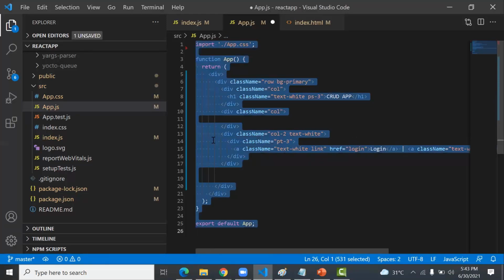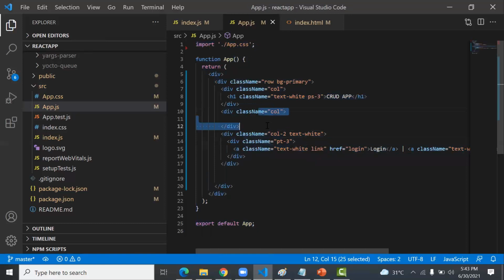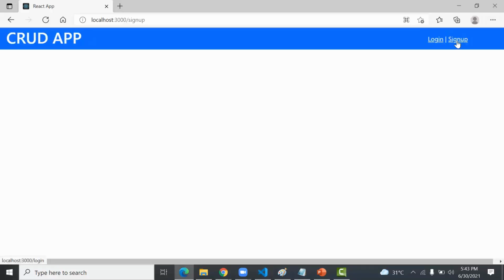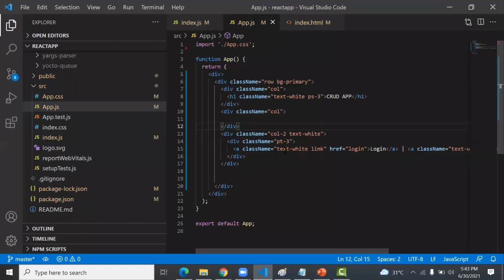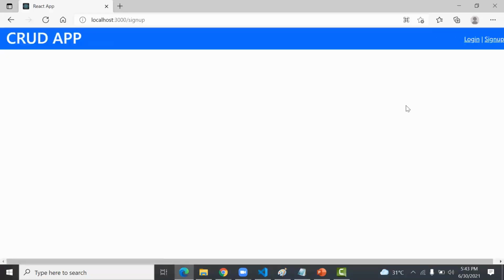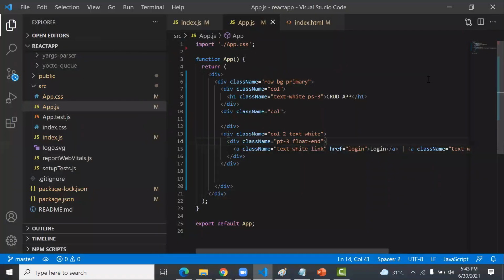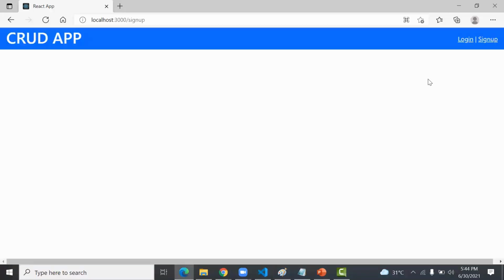Now the next is this one more grid, which is empty. Why is it empty? Because I want to see these two items at the end. There are many ways you can keep them at the end, like using float-end as a class. Using that you can keep some space, or you can manage this. Clicking login, clicking sign up, you can handle the event.